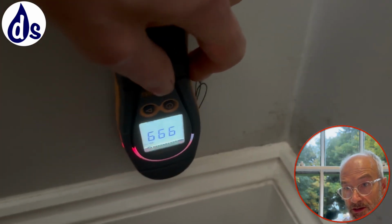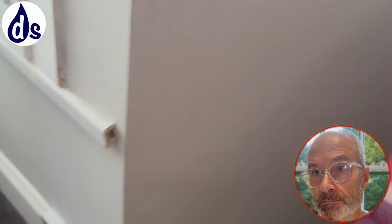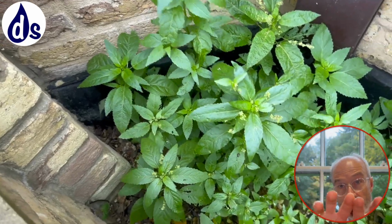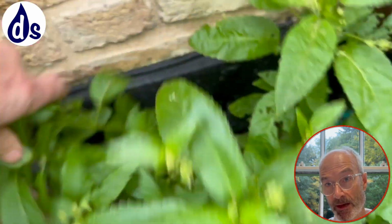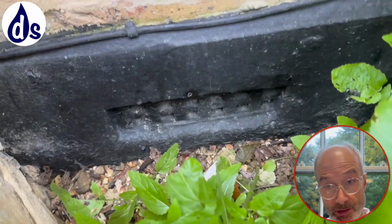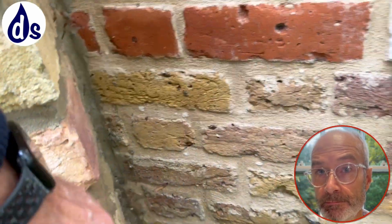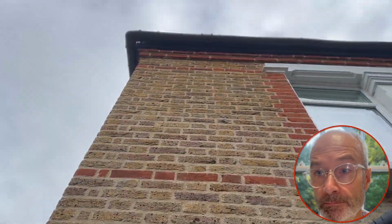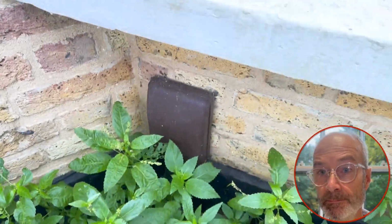Bit of dampness there, you can see mould again. I wonder if that's where the air brick is. I'll have a look on the outside. So there's heat loss in the corner caused by the air flow underneath the property. It's not a bad thing, it's an explanation. Extra heat loss here. Little bit of moisture coming from the roof maybe. Check it during a rainstorm. There's a bit of greenery there, but that may also be because of...